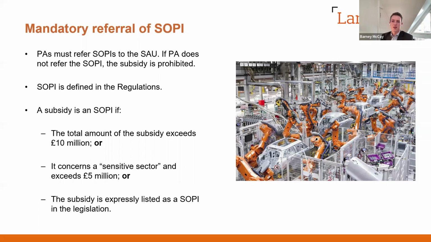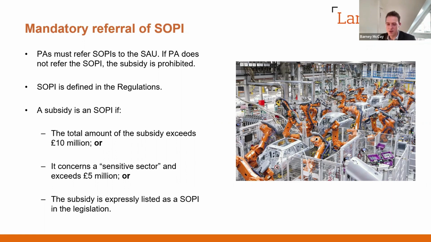So what is a subsidy of particular interest? Well, that's defined in the quite pithily named Subsidy Control (Subsidies and Schemes of Interest or Particular Interest) Regulations 2022, and they'll come into force in 2023. Broadly speaking, a subsidy is a subsidy of particular interest if the amount of the subsidy exceeds £10 million